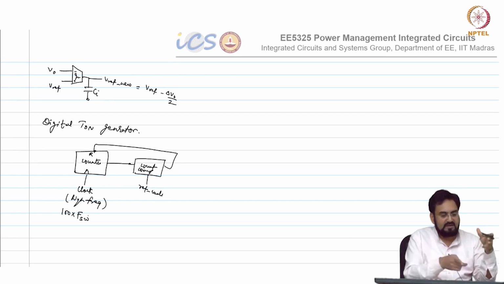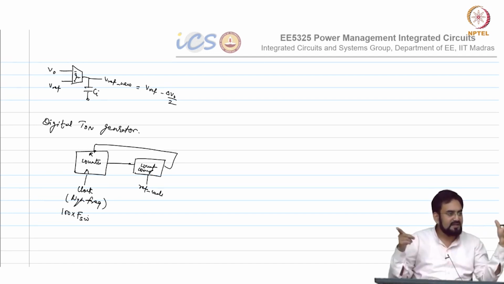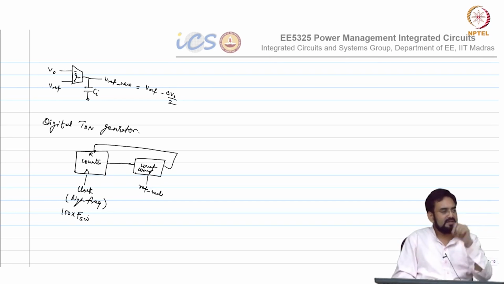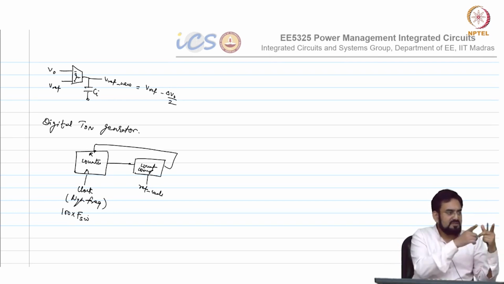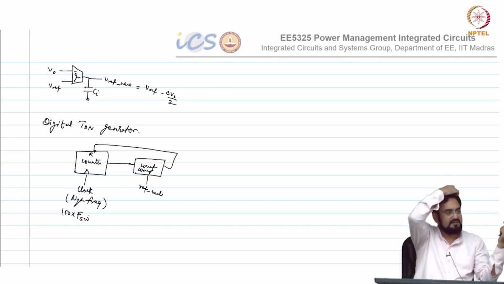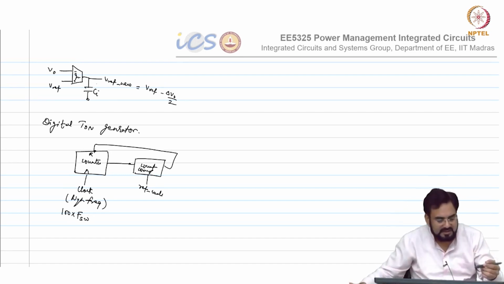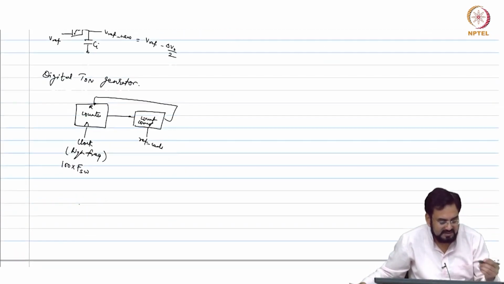If you count 10 clock cycles of this 100 megahertz, and after that you reset it, your counter output will give you a pulse of 100 nanosecond, correct. That is how you generate it. That is a digital way.